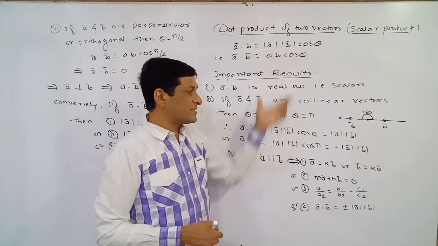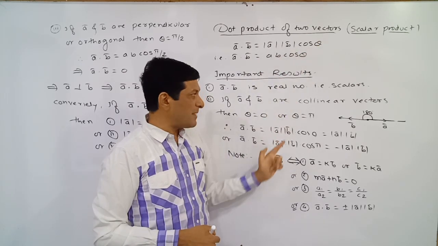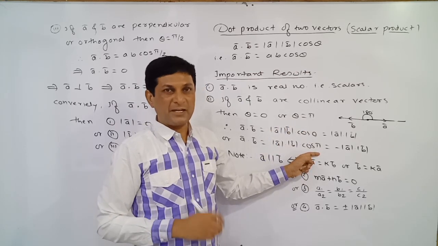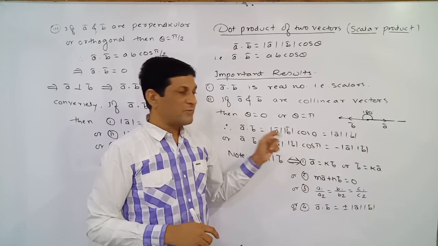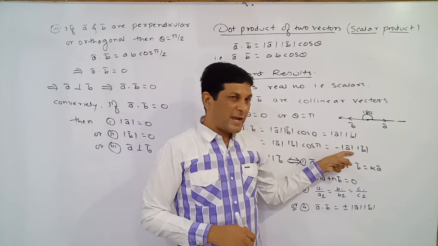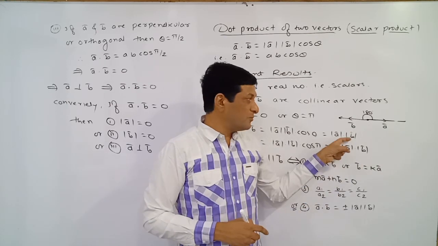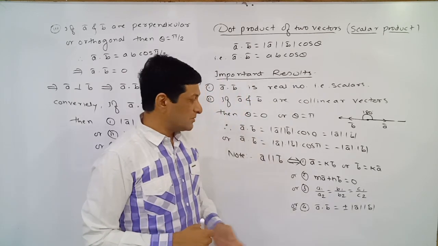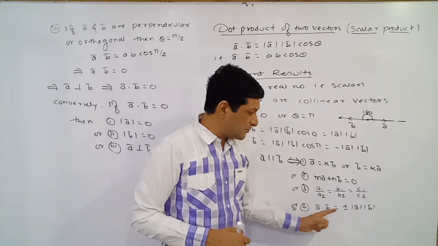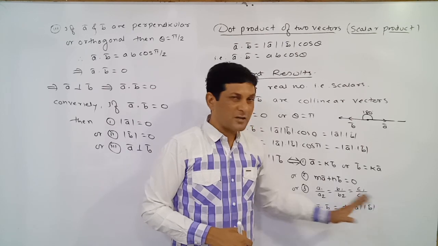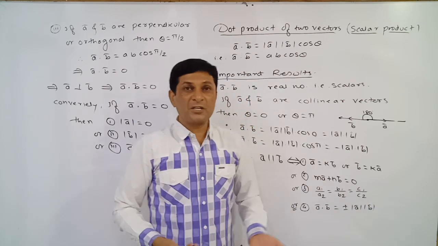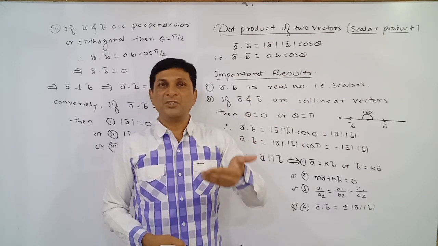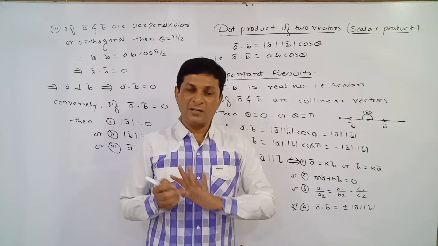And if this angle is equal to pi, let us see what value of dot product we are getting. Again we are applying the same definition, only we are replacing theta by what? Theta is equal to pi. And we know that cos pi means cos 180 is equal to minus 1. And minus 1 into magnitude of A bar into B bar will be minus magnitude of A bar into B bar. So in this way we are getting two results. Here we are getting plus, or here we are getting what? Minus. So that's why here we have written the value of dot product will be either plus or minus product of magnitudes of A bar and B bar, when this condition is satisfied, if two vectors are what? Collinear.